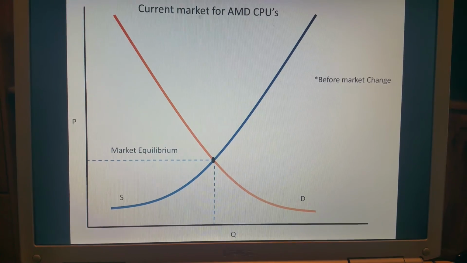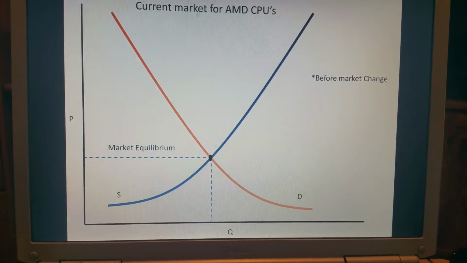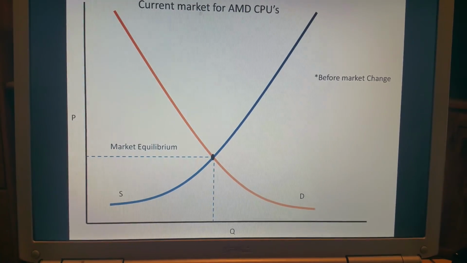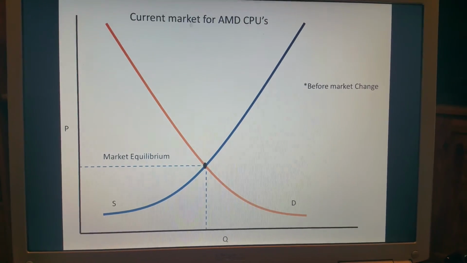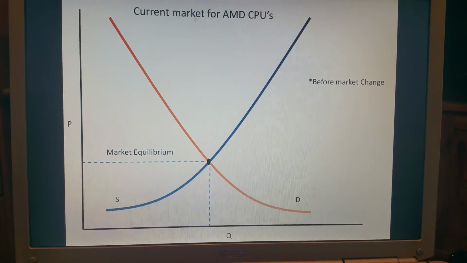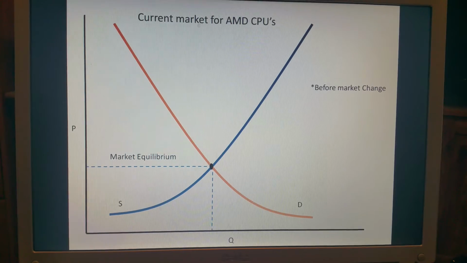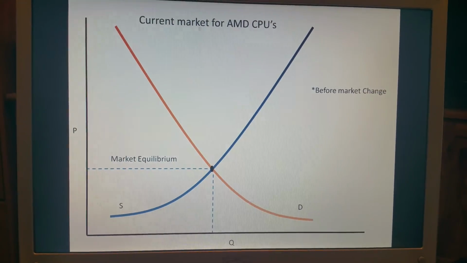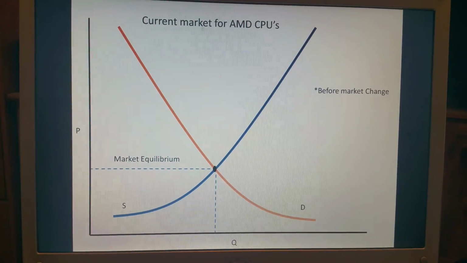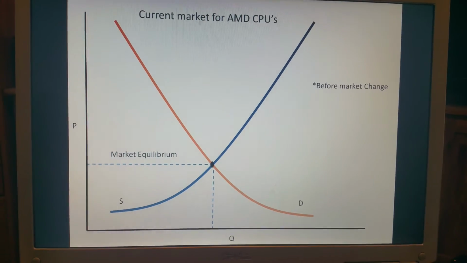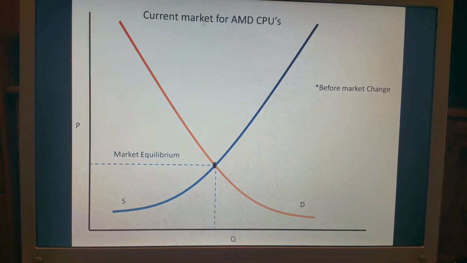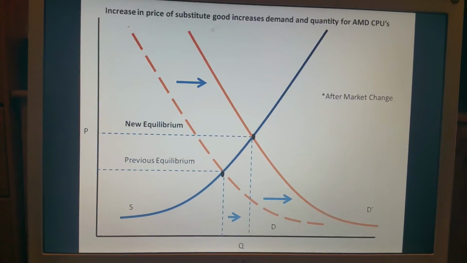The demand determinant for the event in play here is the increase in price of a substitute good, in this case Intel's CPUs. An increase in the price of one substitute good causes an increase in demand for the other, being AMD CPUs. After the news was released regarding the Intel shortage, this new graph that I have made here